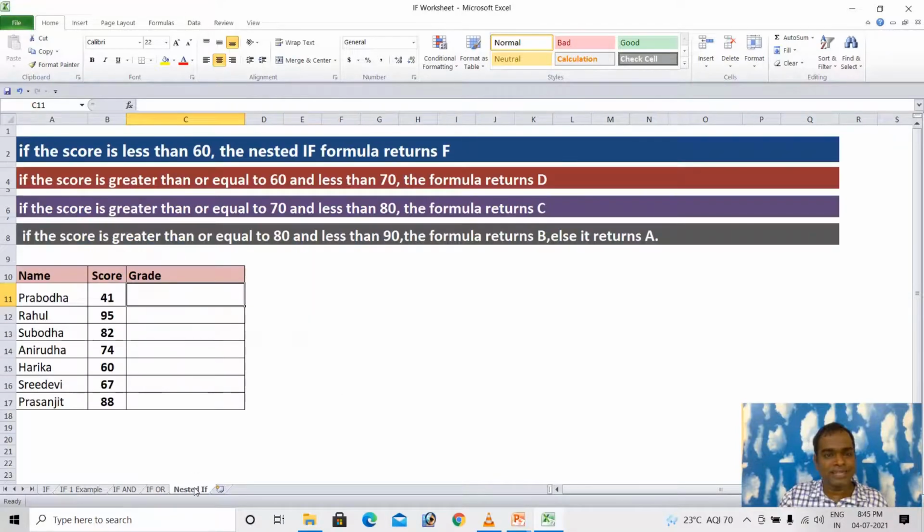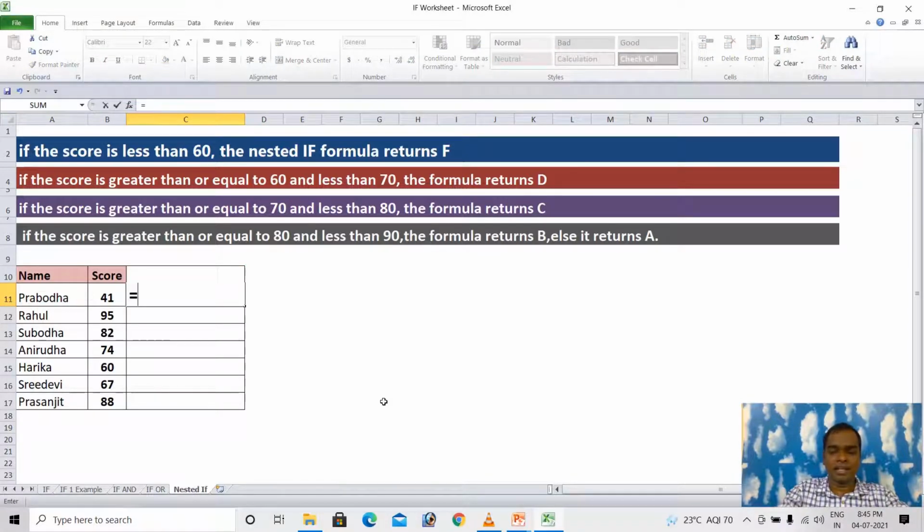So moving to the nested if. Here is the question. If the score is less than 60, the nested if formula has to return F. If it's between 60 to 70, it's a D. If the score is greater than or equal to 70 and less than 80, the formula has to return C. If the score is greater than or equal to 80 and less than 90, the formula returns B, else it returns A. So starting with the nested if, you have to start with equal if,